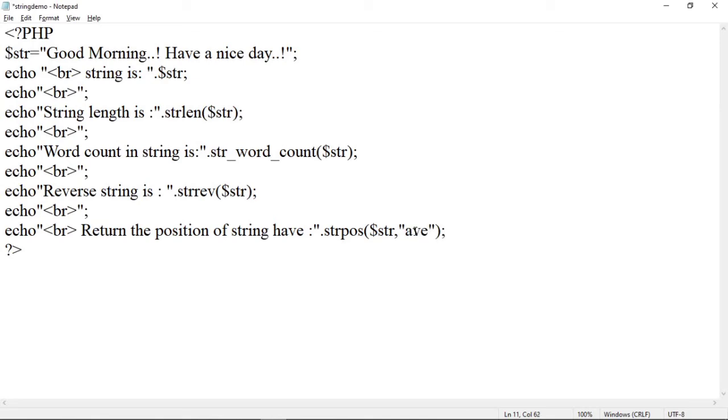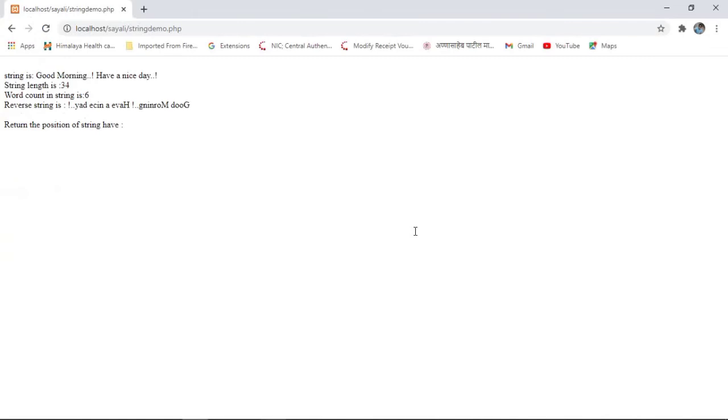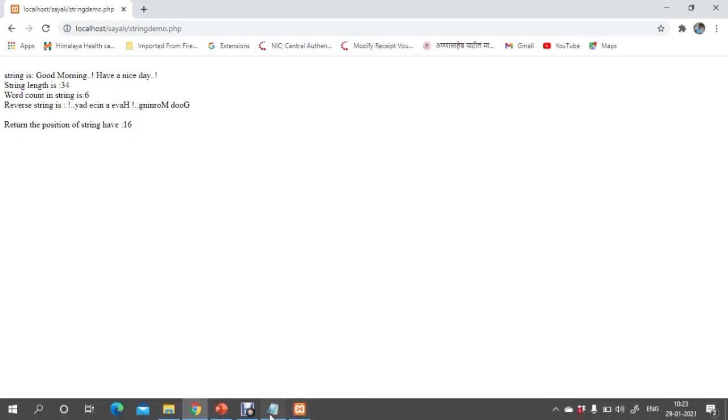Here use a capital H, then save the program and again refresh the page. See here is the word have and the position of it is 16. Total length is 34, out of which have is here and its position is 16.